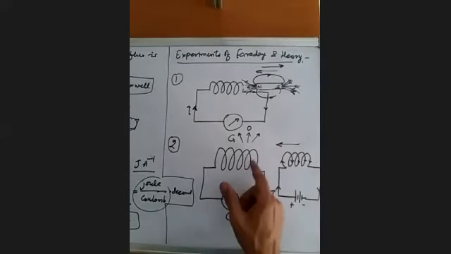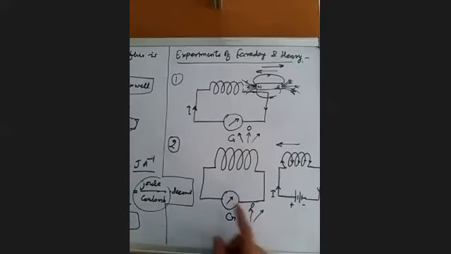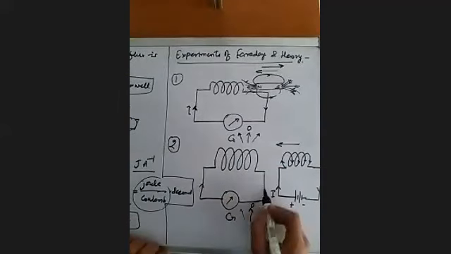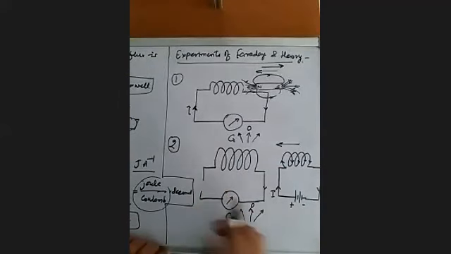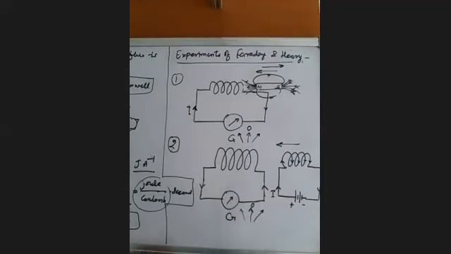That means while this current carrying coil, which now has a magnetic field around it, is being brought close to this coil, the magnetic field linked with this coil is changing. So there is a deflection. That means there is a current induced in this coil. And when it is being taken away, again there is a deflection in the opposite direction. That means again the magnetic field is changing and we see the current in the circuit. So again we conclude that as long as there is a change in the magnetic field, there is a deflection in the galvanometer. That means the current is induced.